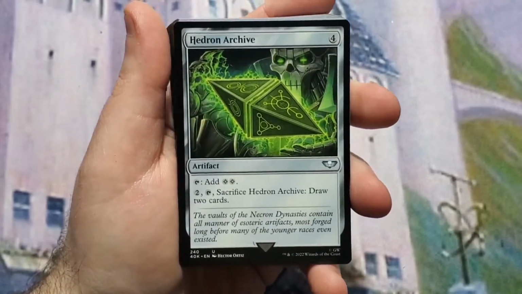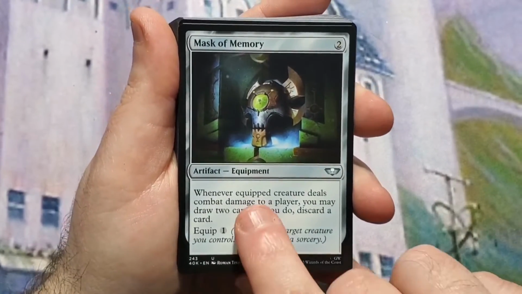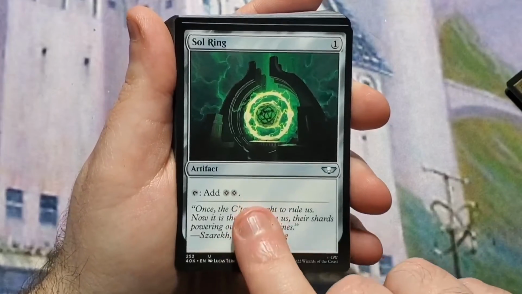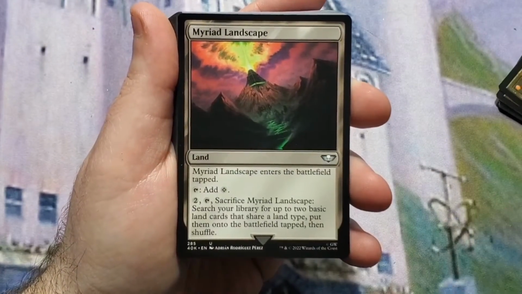Hedron Archive, so some ramp. This is a reprint. Mask of Memory, helps draw you cards. Soul Ring, Barren Moor, Myriad Landscape,